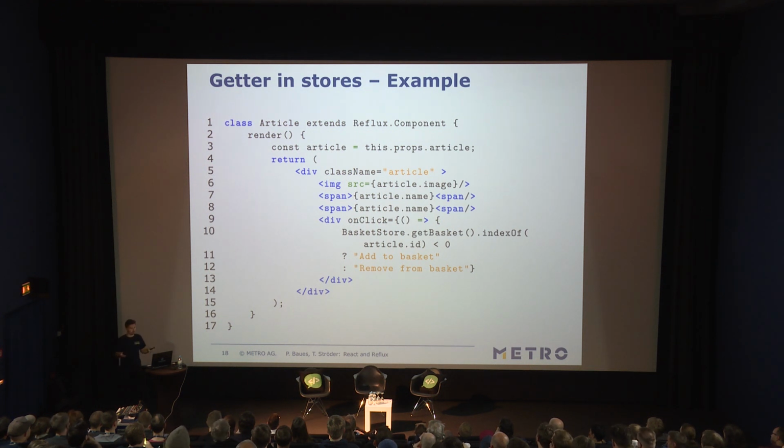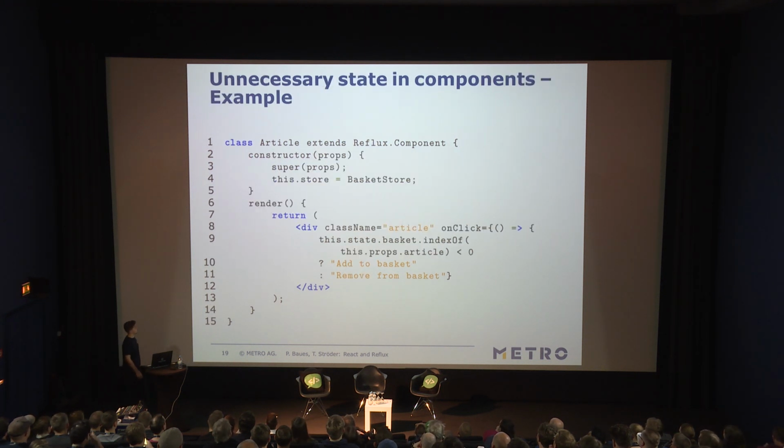Okay, and this means we would just access the state via basketStore.getBasket once. When rendering the component, the component wouldn't know when the state inside of the store would change, and therefore would just render it once. Then we would add another article to the basket, and we wouldn't re-render the component because the component doesn't know that it has to change. It doesn't know when the getter would return another thing. So let's get to the second example,